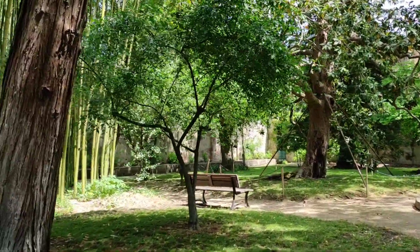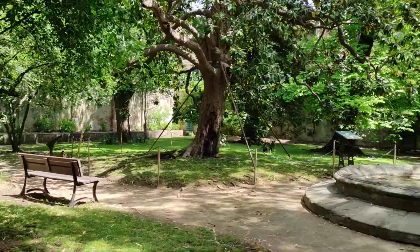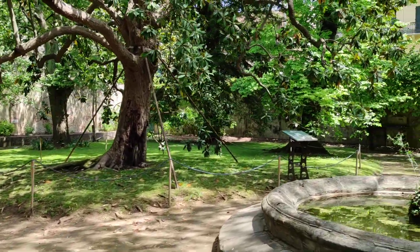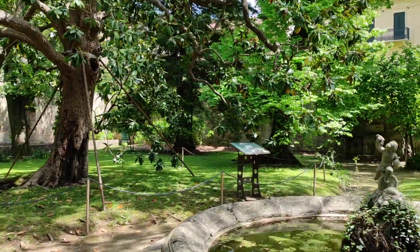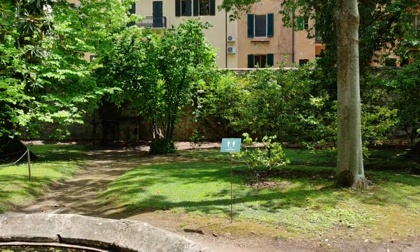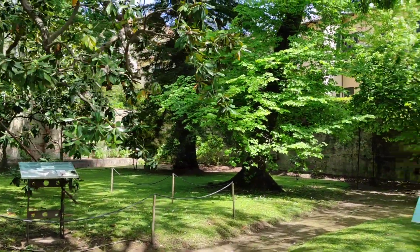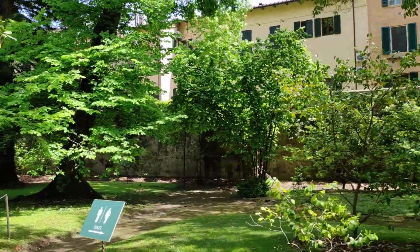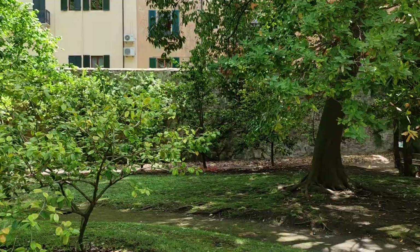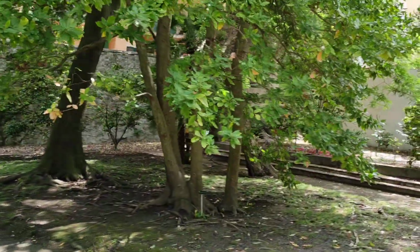Here the climate is a lot milder than in Florence, where I visited a couple botanic gardens, and it's even milder than in nearby Lucca. So Pisa, well, it's not as mild as on the Ligurian coast, which is north of here, but which is very well protected. Pisa is not exactly on the coast, and the coastline is very flat. So there is stuff like frost damage here, but still it's much milder than all the other botanic gardens I've